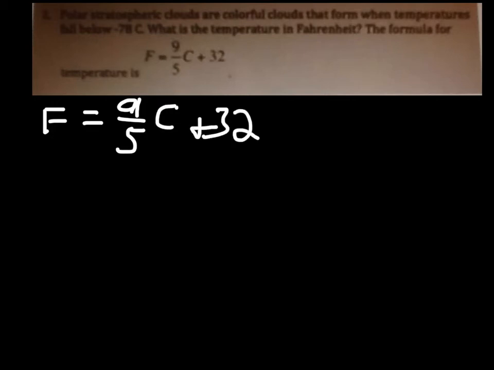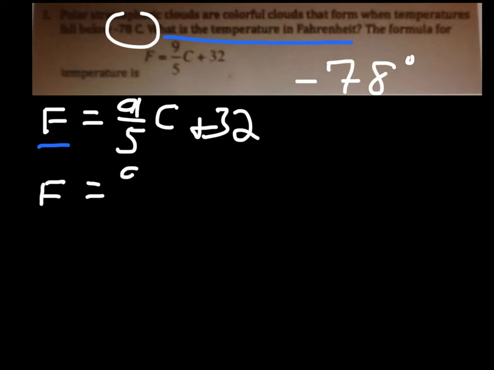And they also gave us that our Celsius temperature is -78 degrees here. So what I'm doing now is plugging in that -78 for C, because what we want to do is solve for F. Remember it says what is the temperature in Fahrenheit? Since our F is already by itself, I just have to plug in my -78. So let's try that. I'm going to leave F as F. We have 9/5 times